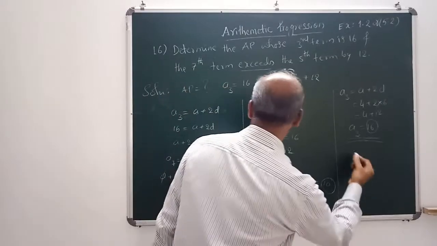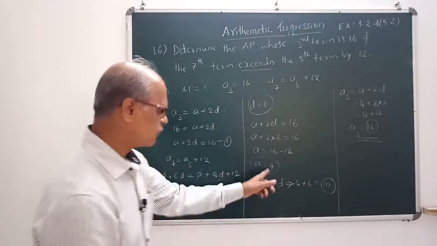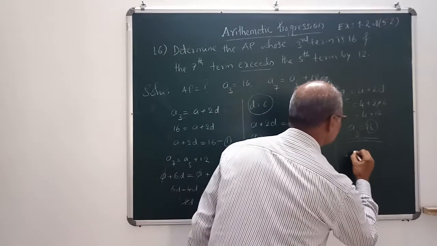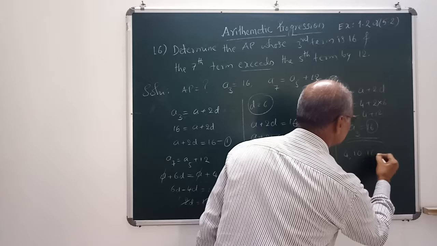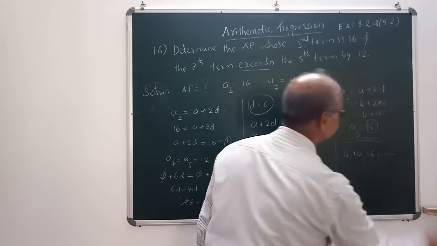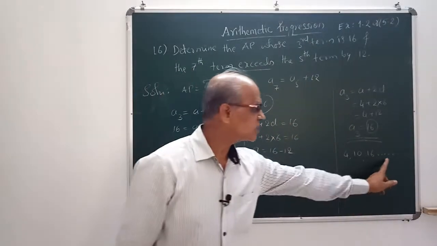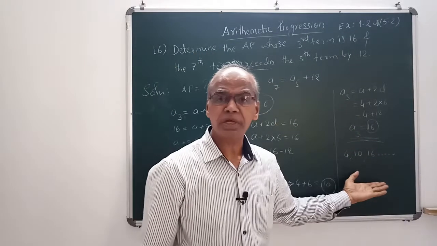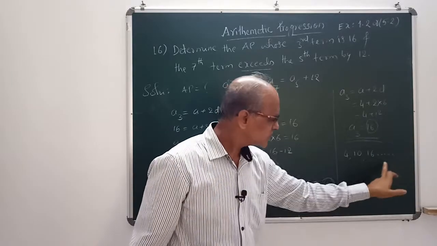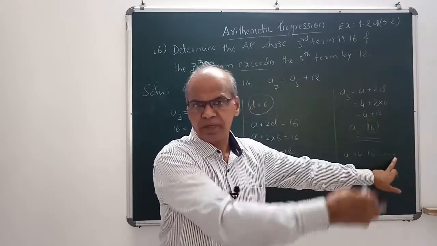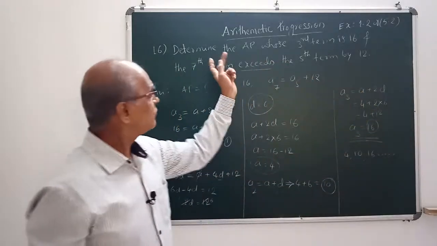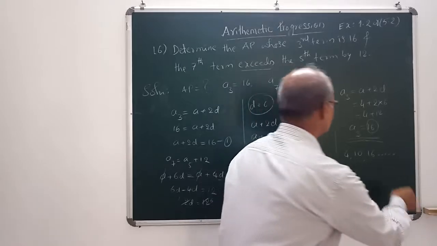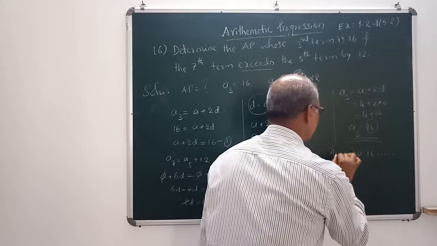So what is our AP then? First term, what is our A value? 4. That means this is our first term. Second term is what? 10. This is our second term. Third is 16 and so on. I have told you this is utmost important. They have asked to determine the AP. There are not only 3 terms in the AP, there are many more terms. This indicates there are further terms involved in this AP. If they have asked to find the 3 terms, then you need not write this. Is it okay? So this is your answer, the AP.